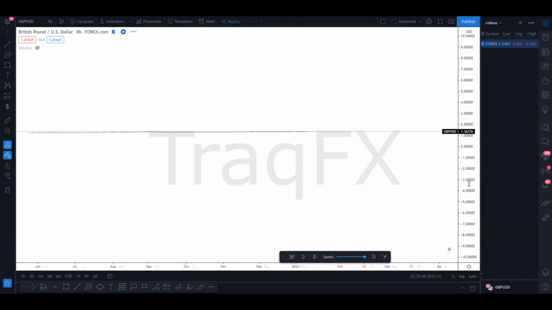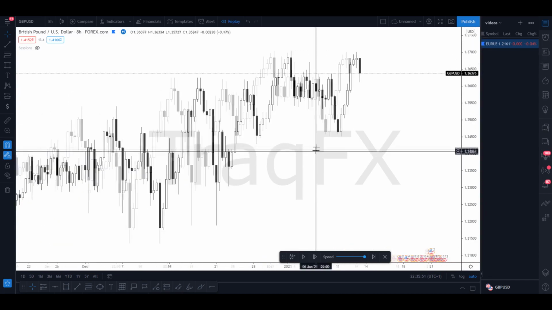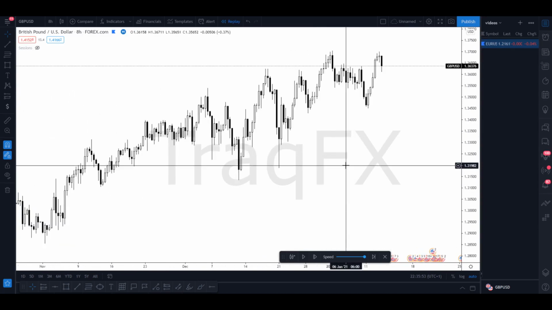Alright, boom. Randomly over here. I did a random, so there's no way I can really look at this. Alright, randomly, let's go. GBP USD,